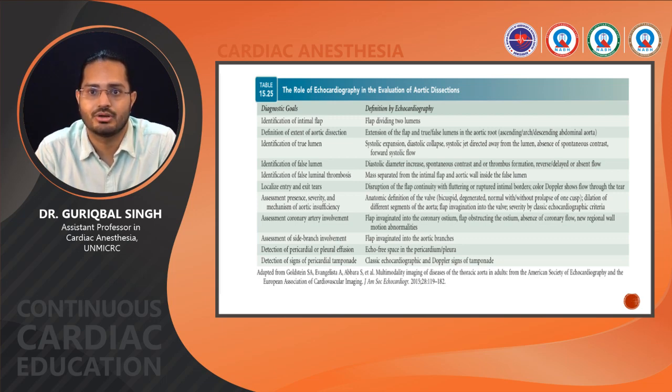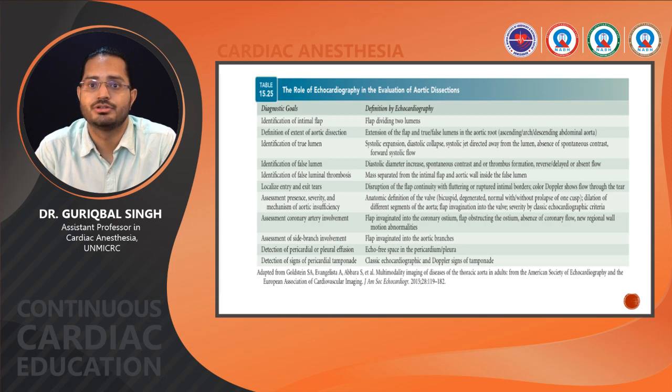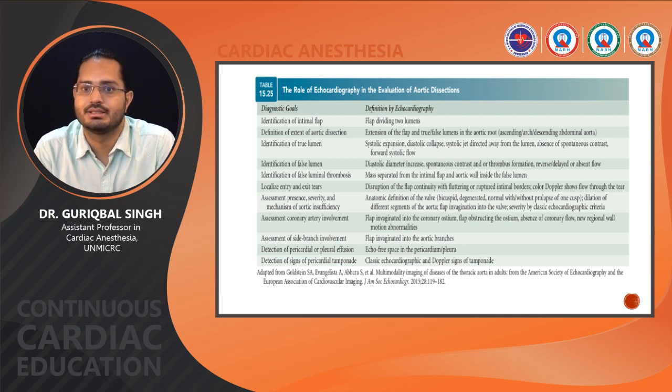There will be diastolic collapse and systolic jet directed away from lumen and absence of spontaneous echo contrast and forward systolic flow, while in false lumen, the diastolic diameter will increase, with spontaneous echo contrast or thrombus, or there is a reverse, delayed or absent flow. We should also identify any thrombus in the false lumen, entry and exit tears,